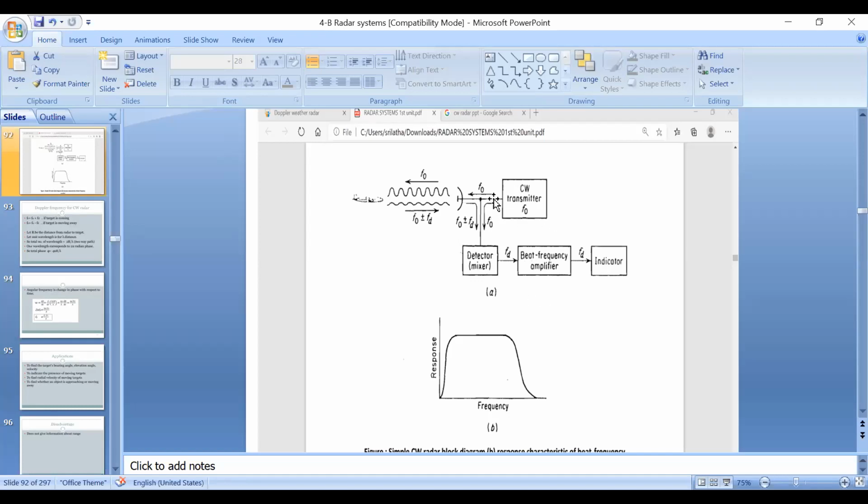Next topic, continuous wave Doppler radar with non-zero IF. This is zero IF. There is no intermediate frequency produced. Here this mixer or detector is acting as a comparator, comparing these two signals, right? If you want to generate an intermediate frequency, the mixer is always followed by a local oscillator. By using that local oscillator frequency, it generates an intermediate frequency, right?